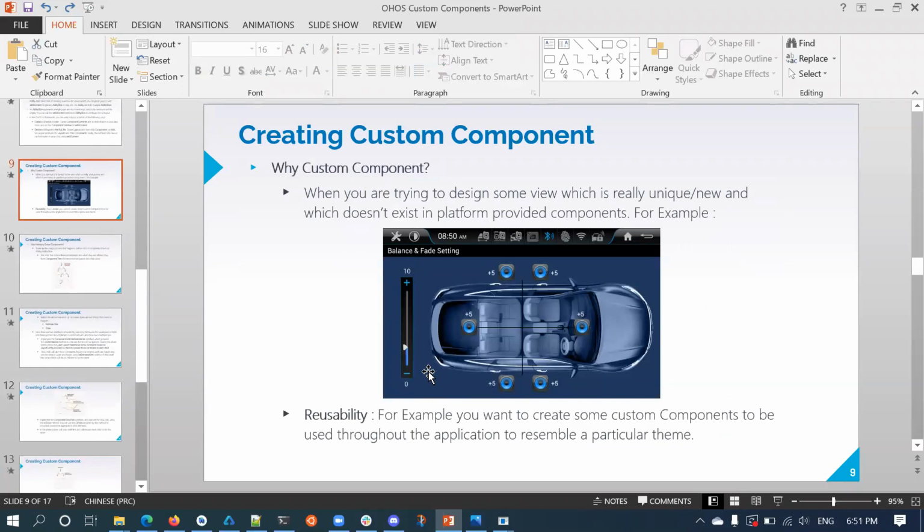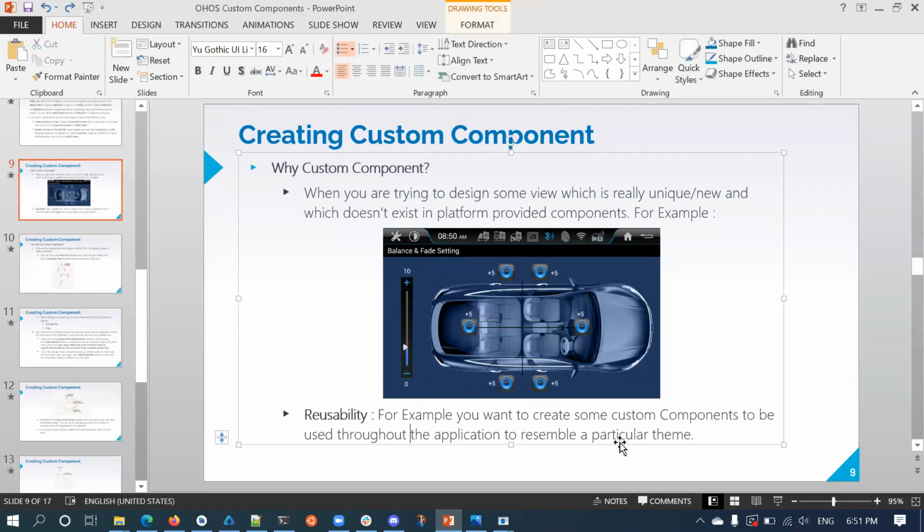All you need to do is extend the slider provided by the framework. All the slider-specific behaviors and APIs are already provided by the framework, so you need not worry about sliding. You just extend and you draw. All you need to do is draw.